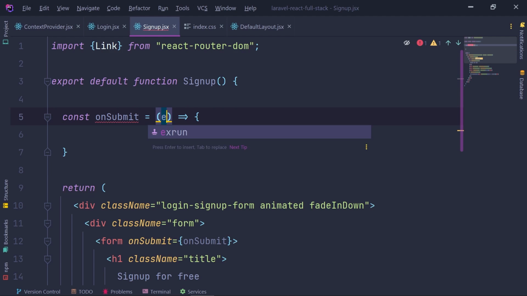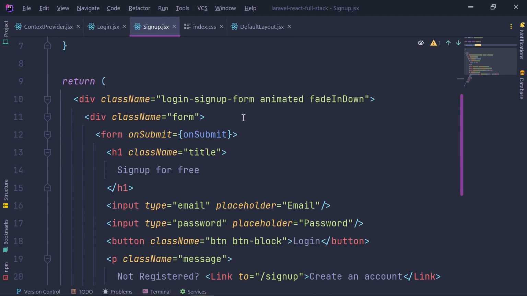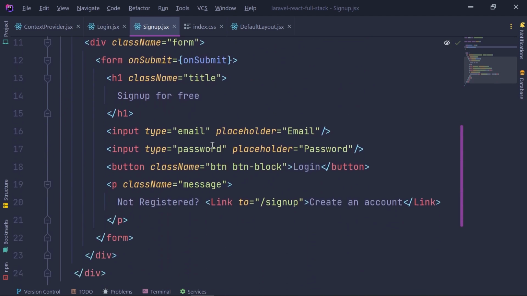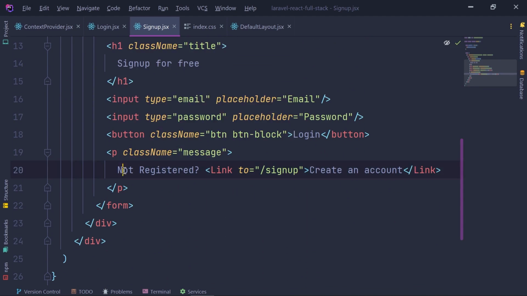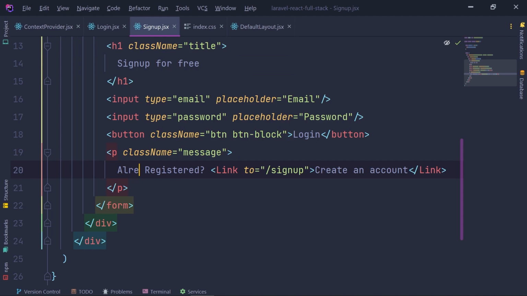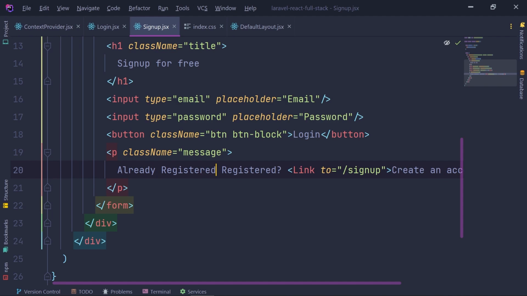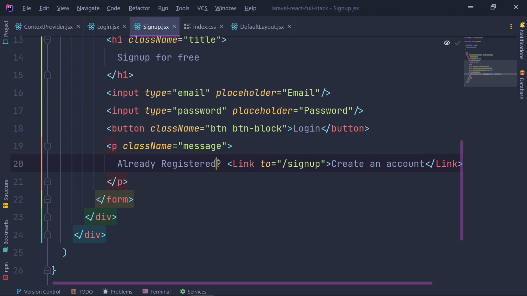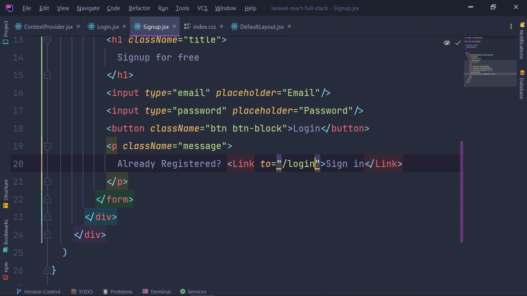We need an event right here, and we need to call event prevent default as well. And down below, probably we need to type already registered? Sign in, like this, and this needs to be login, and this needs to be sign up,